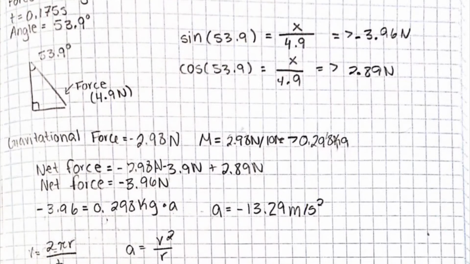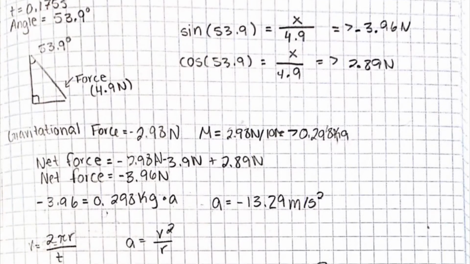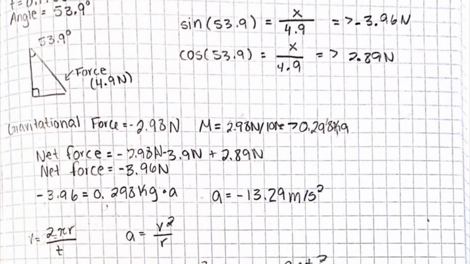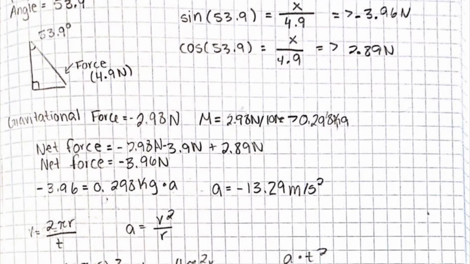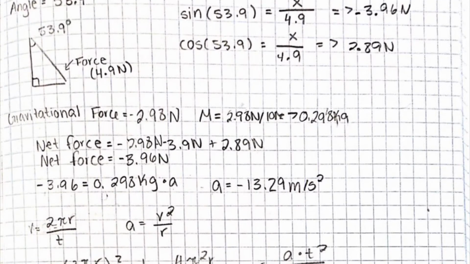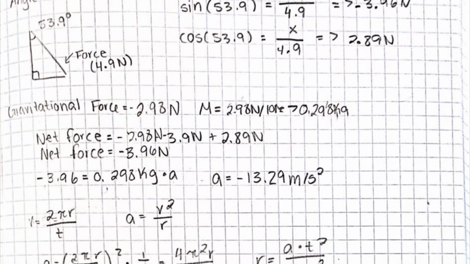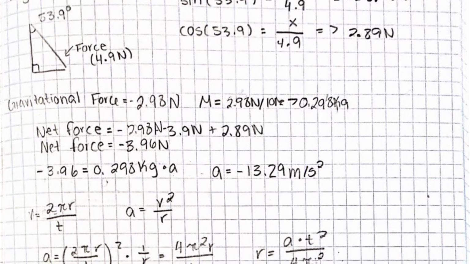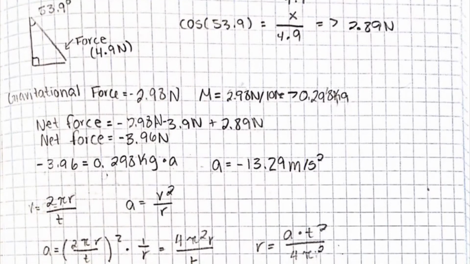So to find the other forces, we used sine and cosine to get forces of negative 3.96 newtons and 2.89 newtons, and we also found a gravitational force of negative 2.98 newtons. And so to find the mass, we just used the gravitational force, negative 2.98 newtons, divided by 10 to get